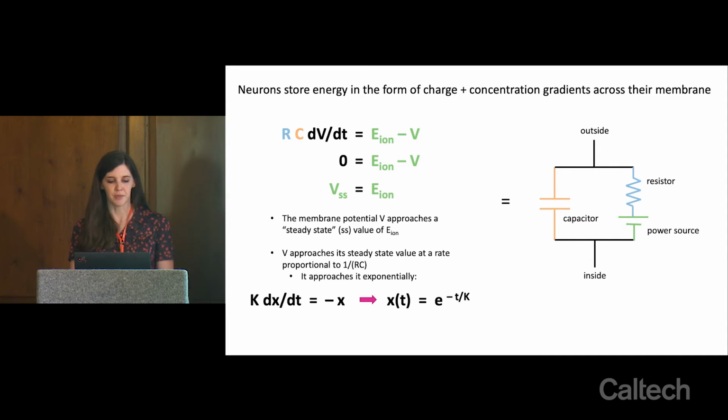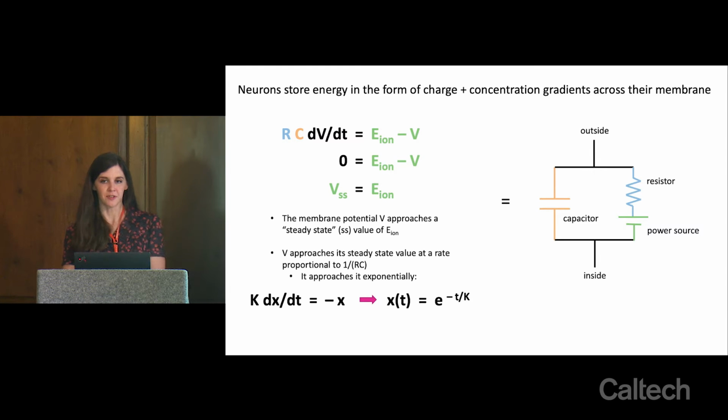And we can find that just by plugging in 0. We're finding the point where the rate of change of the membrane potential is 0, and solving this equation for V. And that tells us that the steady state membrane potential of this simple model that we've made is just equal to the Nernst potential of our particular ion. So this is telling us that if we take this model and we start it at any arbitrary membrane potential, it's going to evolve over time, and it's eventually going to converge on this reversal potential of our model ion. So this is what you would call the steady state value of the membrane potential.